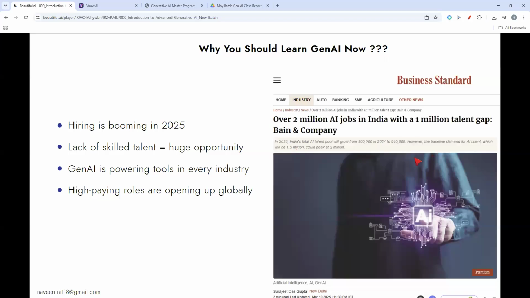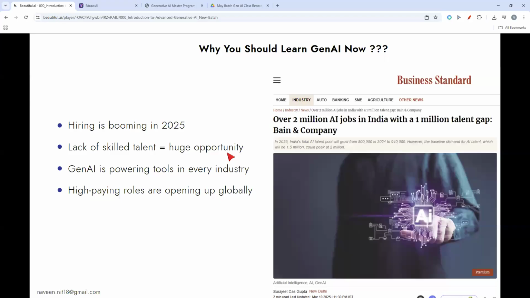It is going to start, and of course it has started. You can see those statistics in any news journals. Hiring is booming and will start from mid-2025 itself, but there is a lack of skilled talent, which indirectly means a huge opportunity for everybody.